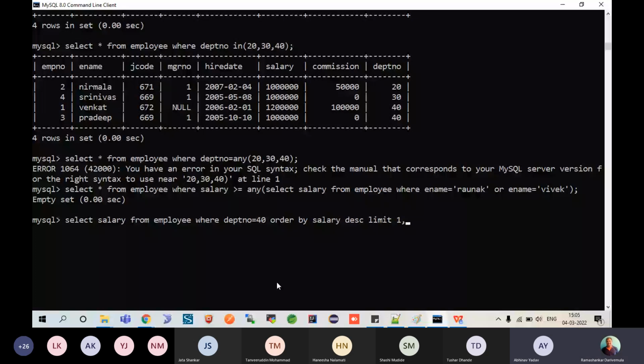देखो, सेकंड है सैलरी, है कि नहीं? Yes sir. That's it. तुमने क्या किया? तुमने पहले सैलरीज को डिसेंडिंग ऑर्डर में लिया, फिर उस पर्टिकुलर डिपार्टमेंट का you will be getting